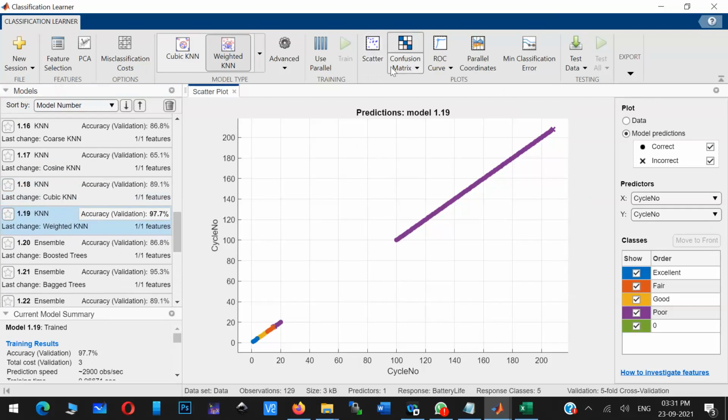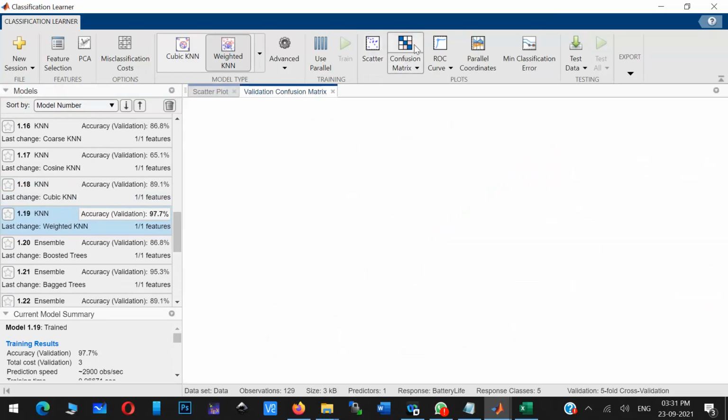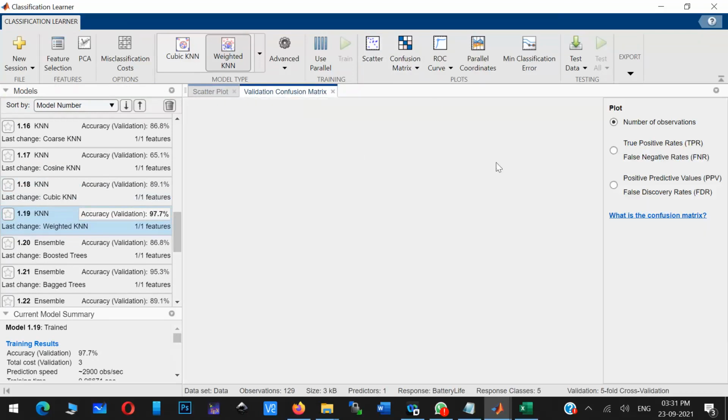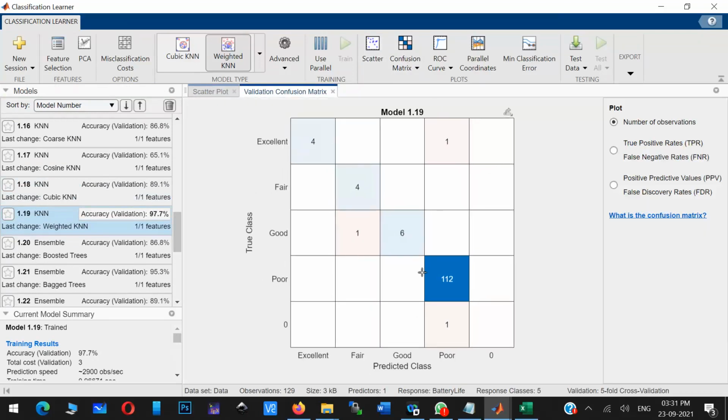Now you can see the performance parameter in this toolbox itself. This is basically called the confusion matrix. In this confusion matrix, the x-axis is basically the true value, and the y-axis is basically the predicted value.